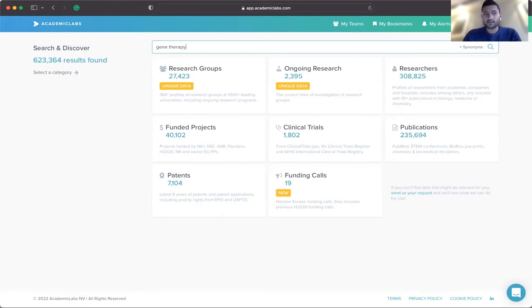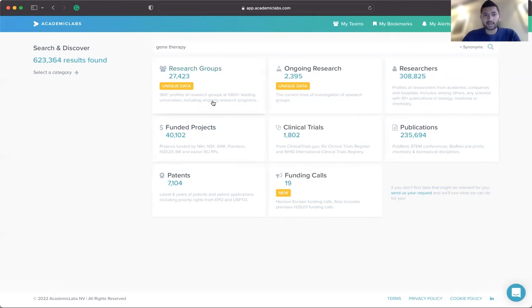And you will see now what we have done is we have gone to tens of different databases all across the internet and pulled up all the key information that we have on your search term, in this case, gene therapy. So we see that we have 600,000 results on gene therapy in Academic Labs, and you can see exactly where those results came from.